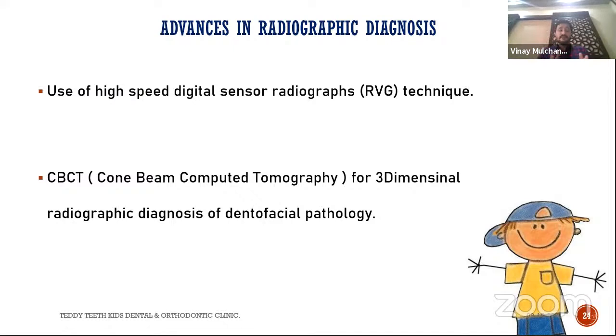And now the difference between CBCT and CT: it's a variant of CT, that is computed tomography, but CBCT has a dose equivalent of a two-dimensional radiograph. That means the equivalent of a normal radiograph as compared to the computed tomography, that is CT. Also, it becomes far more economical in terms of the expenses, and also we get a three-dimensional view, which is